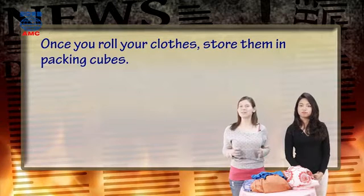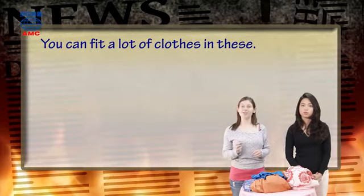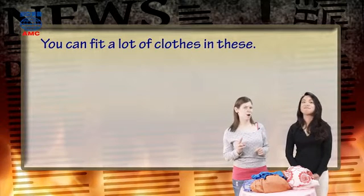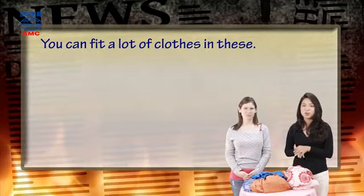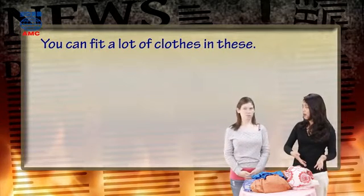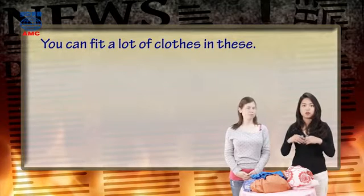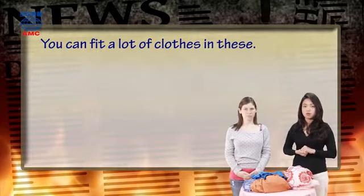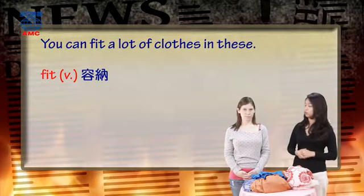There are a couple of reasons you should use them. First, the article says, you can fit a lot of clothes in these. Now, we've seen the word fit twice now. It sure is an important word for this article. 所以啊，这些收纳袋到底有什么不同的嘞？Why can't we just like roll the clothes and put them in the bag？就是为什么要用这些收纳包呢？这边的文章就直接说，如果呢你用这个收纳袋，可以容下更多的衣服。这里啊，文章用 fit 这个字，因为啊这个 fit 在这里是当动词，表示容纳、装进去。Okay,